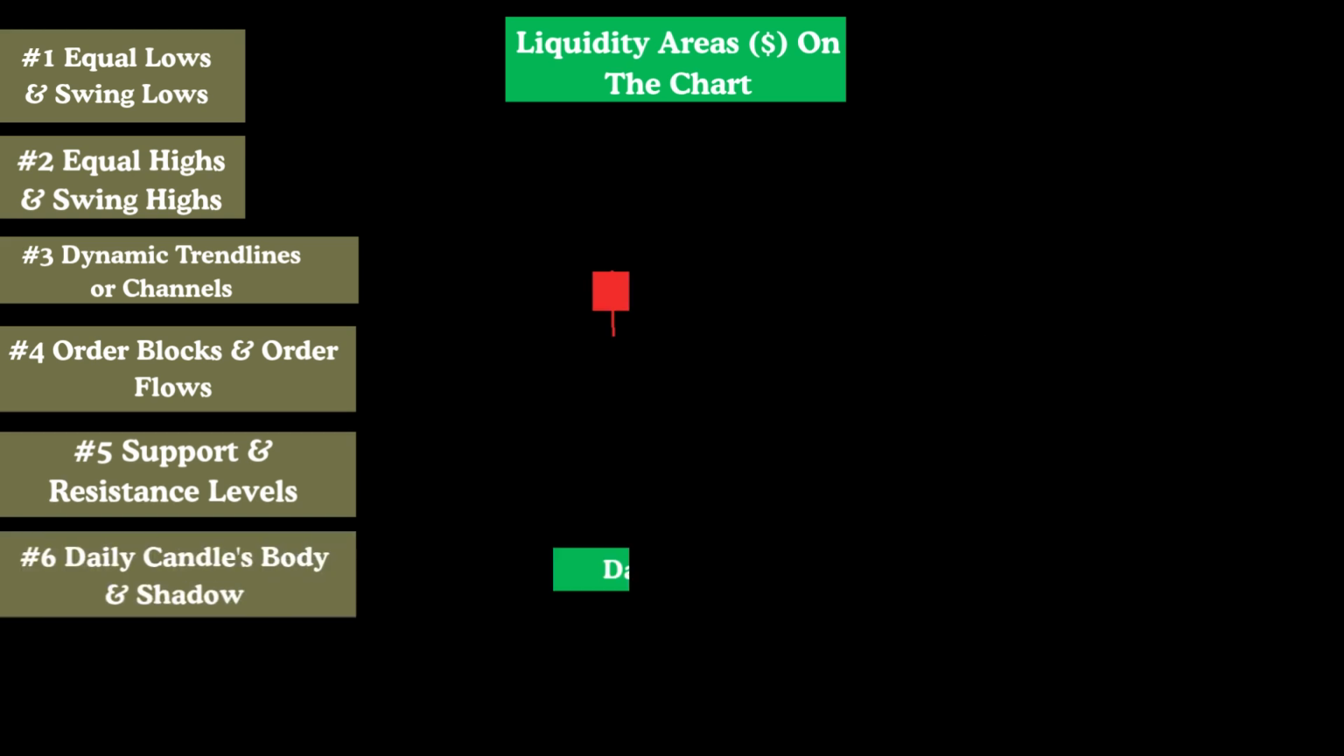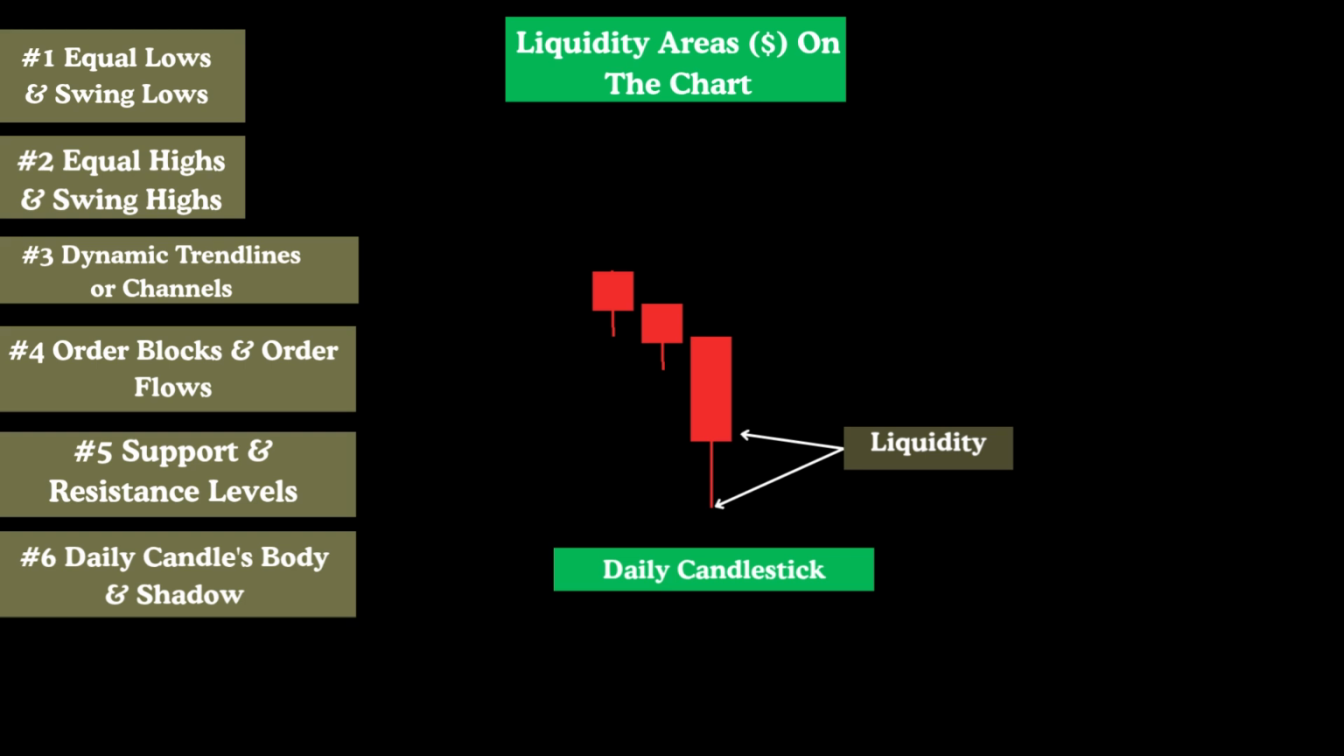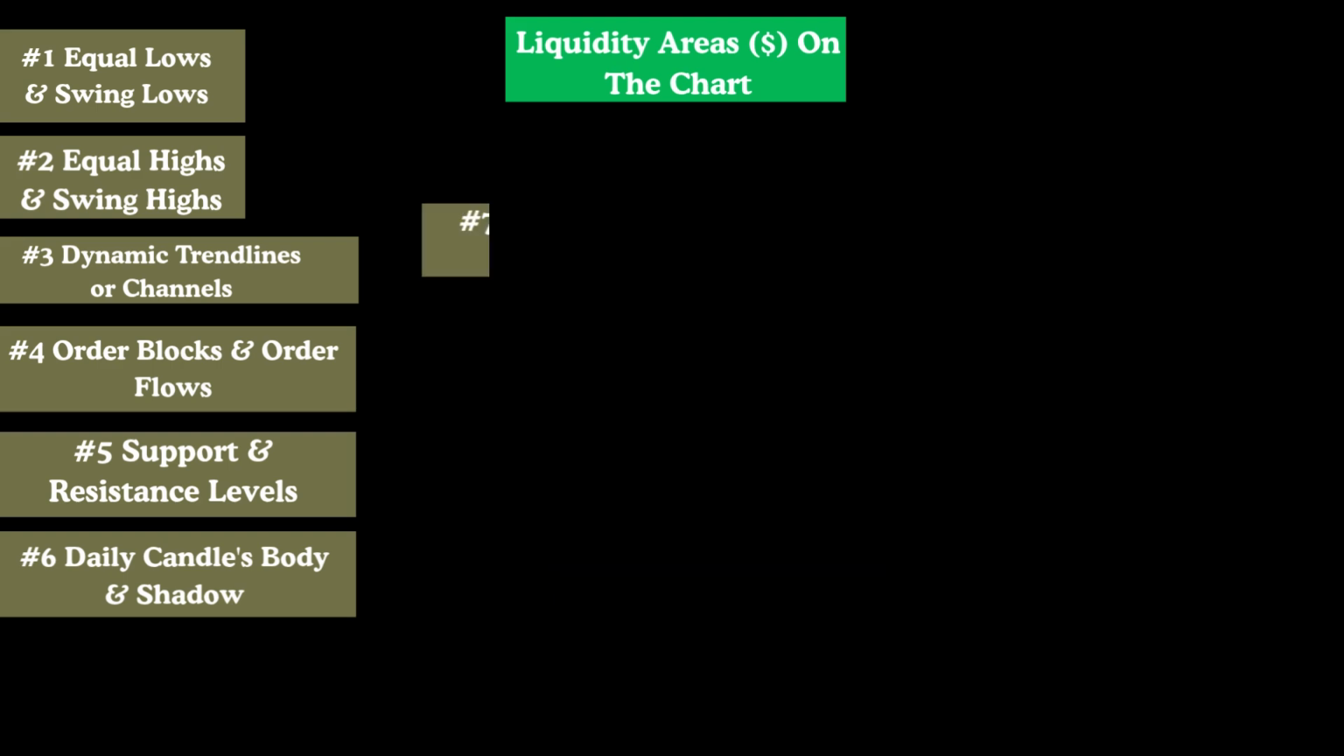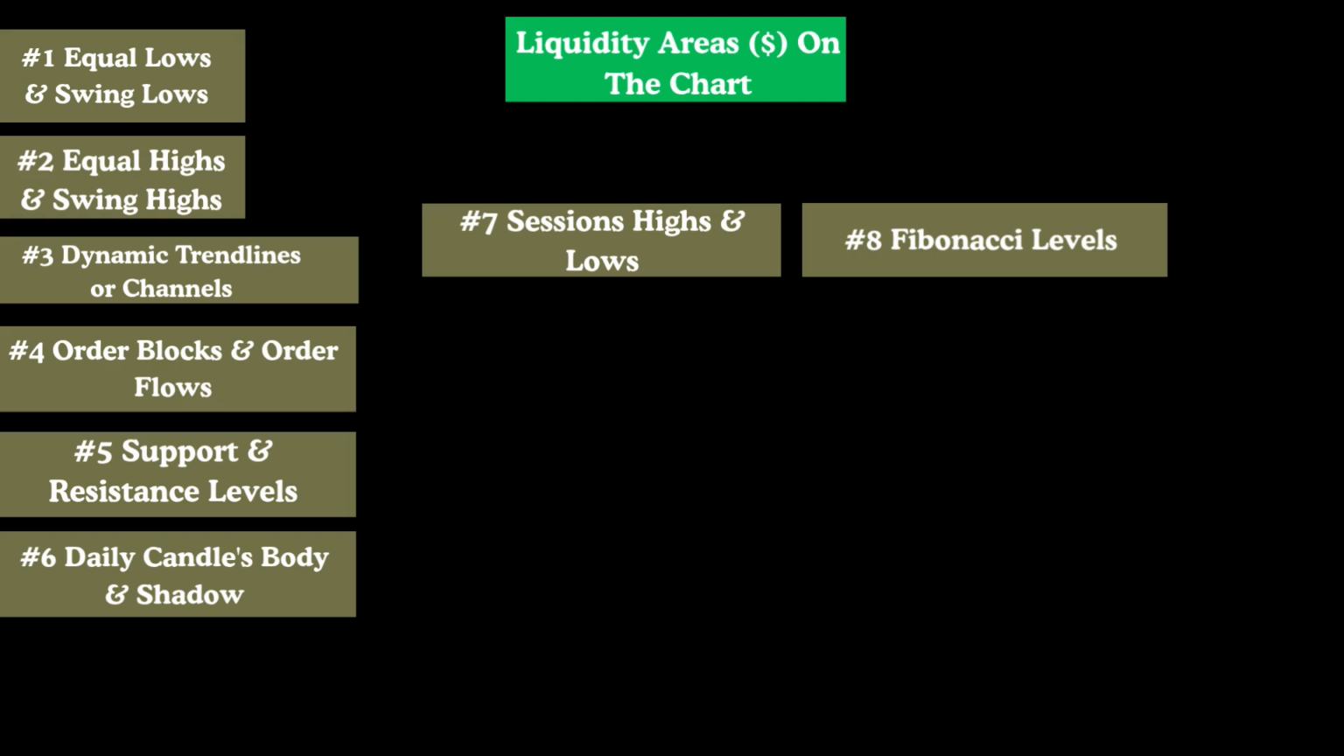Daily candles, body and shadow, liquidity may exist around the body or wick of daily candles, as these zones indicate price rejection and active trading behavior. Session highs and lows, peak and bottom levels of trading sessions can signal liquidity zones because of heightened trading volume and trader engagement. Fibonacci levels, many traders seek liquidity near key Fibonacci retracement or extension zones, as these are widely watched and actively traded. Now, let's move over to the live chart to examine some real examples of liquidity on